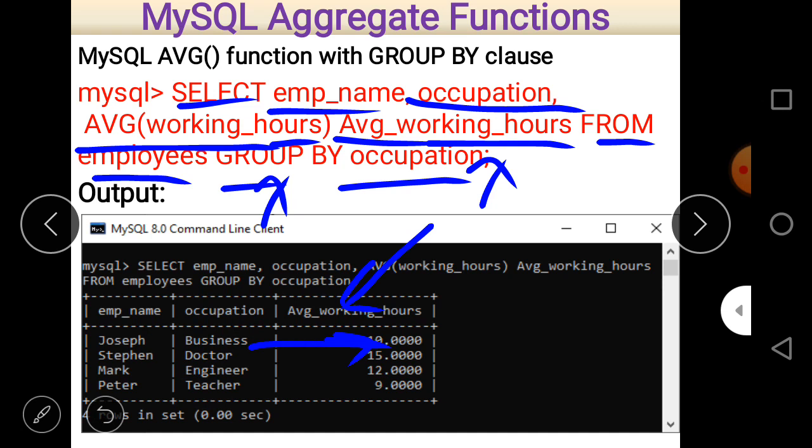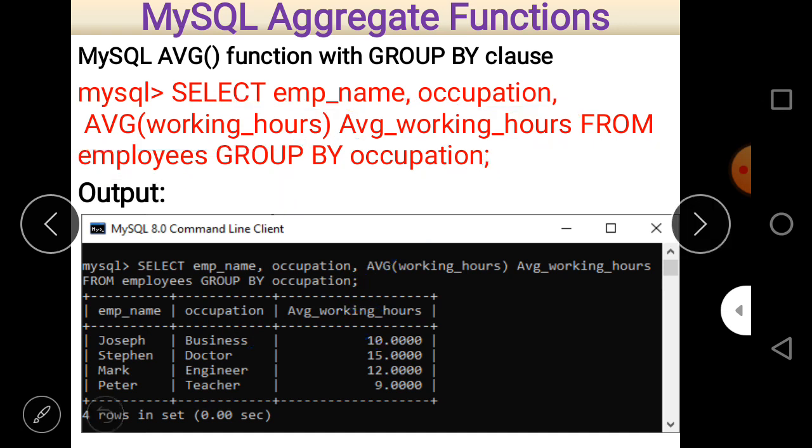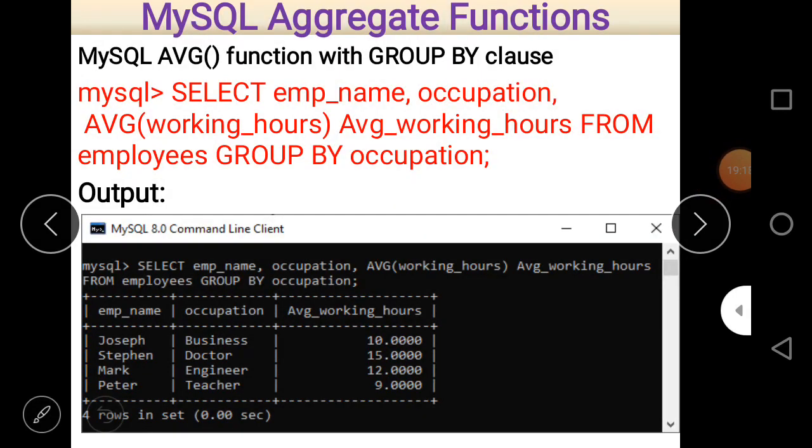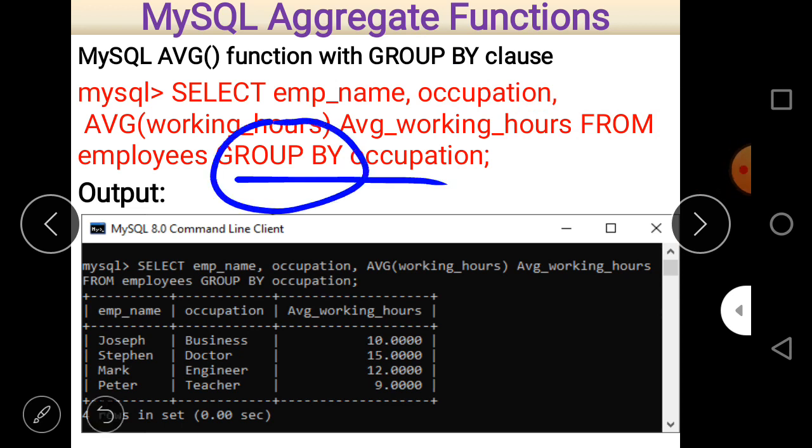So this is the description of the average function with the group by clause. Always remember that in the group by clause we always make a group, and aggregate functions are always used with the group by clause.